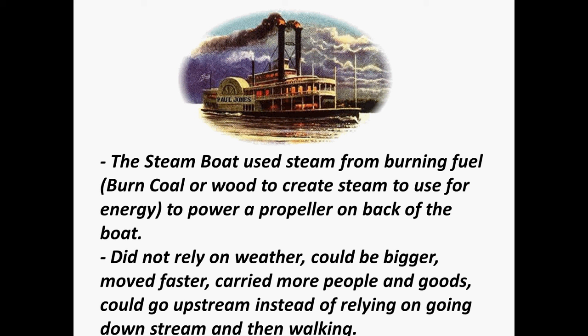And the main thing that's really important about the steamboat is the fact that it could go upstream instead of relying on having to go downstream and then walking. People like Abraham Lincoln grew crops out in the Midwest, and then they would build a raft, put it into the water on the Mississippi River. After loading their goods, they'd have to float it all the way down to the bottom to New Orleans, and once they got there, then they would sell their goods and sell the boat, their raft or whatever they built it out of, sell the lumber, and then they'd have to walk home,